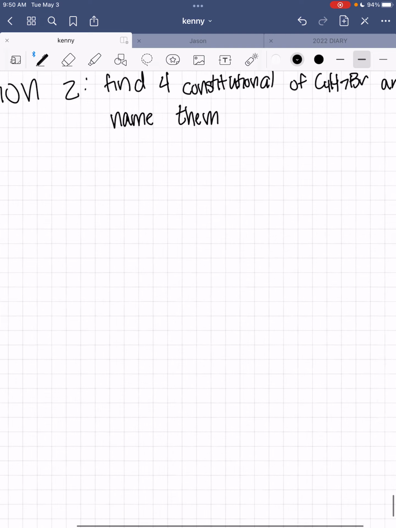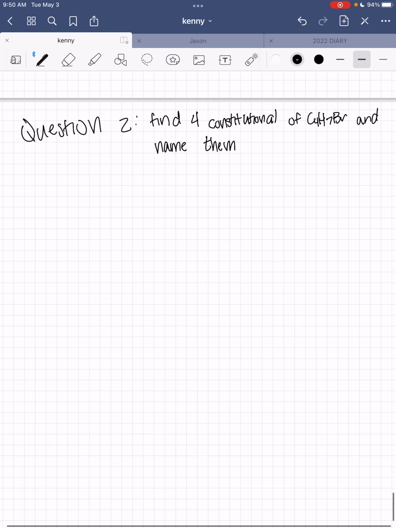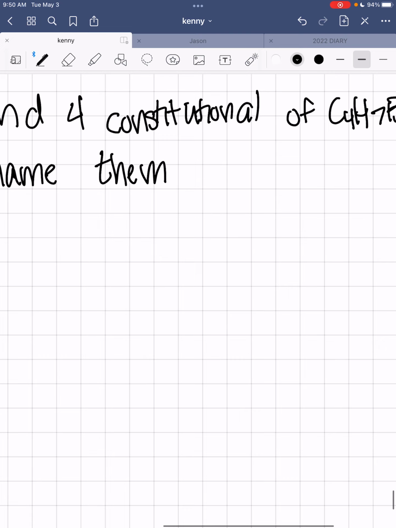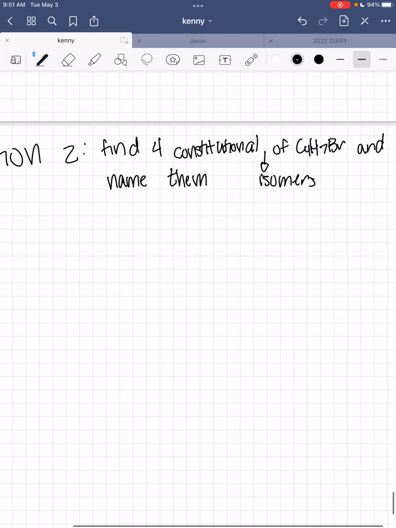Hello everyone, this is my extra credit for chemistry. This is question 2, and I'm splitting it up into 4 parts. So, question 2, find the... Oh, I forgot to write isomers. Find the constitutional isomers of